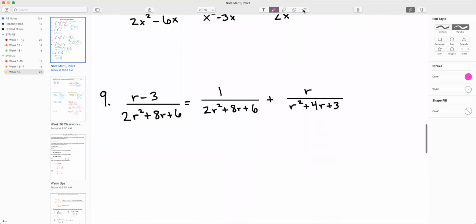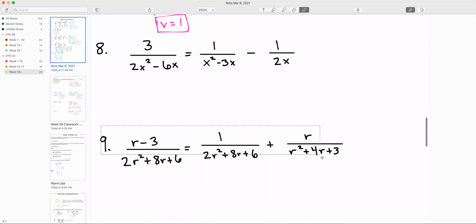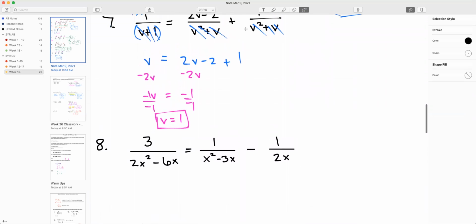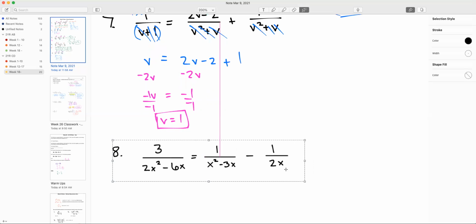All right, I'm going to need to give myself some more space here. Some house cleaning here. Or you know what I can do? I can shrink that down and then